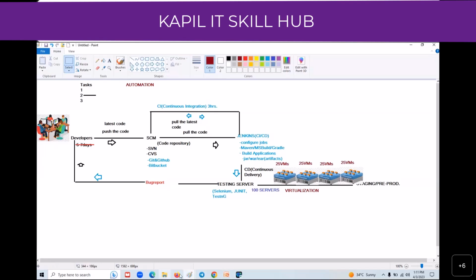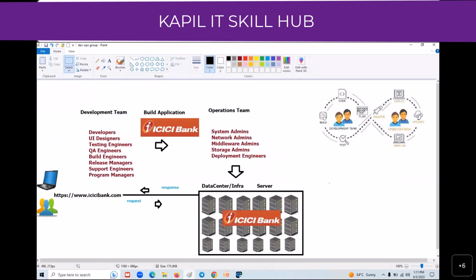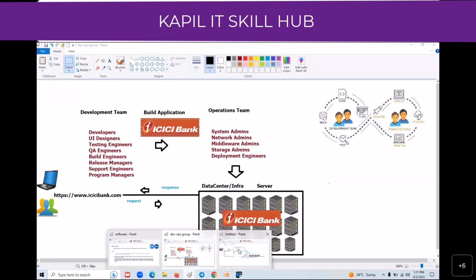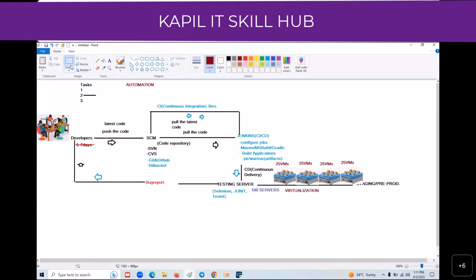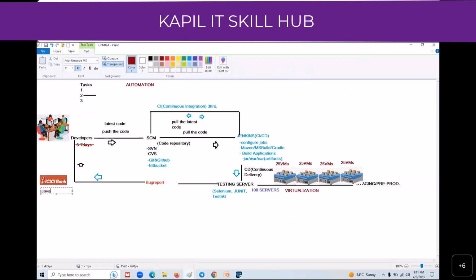Now, you are developing your ICICI Bank application, for example. Now you need to deploy your application onto hundreds of servers. How are you going to do that? This is the application you have developed. Suppose you develop this application using some language, right? Which language might you be using? You might be using Java or PHP, and for servers you are using Nginx or Apache Tomcat. Might be you are using SQL Server, MySQL or Oracle DB. So this kind of software you have been using to develop your ICICI Bank application.